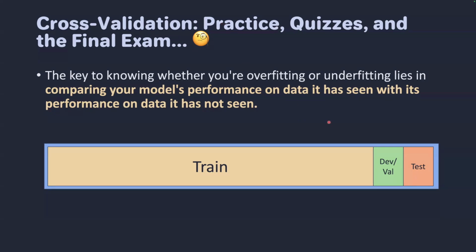The dev set or the validation set is kind of like a quiz. You've studied a chunk, maybe one or two chapters, and now you're trying to figure out how much you've learned, whether you're learning well from the assignments, practice questions and homework. So you take a small quiz as a test. If you do well, then it means your study approach is working and the homework is covering all the topics you're supposed to study. But if you do badly, then you go and modify how you're learning, and modify the kinds of exercises you practice or do homework on.